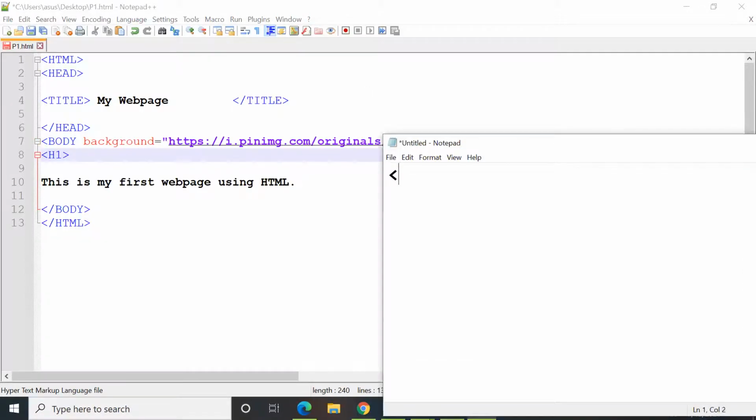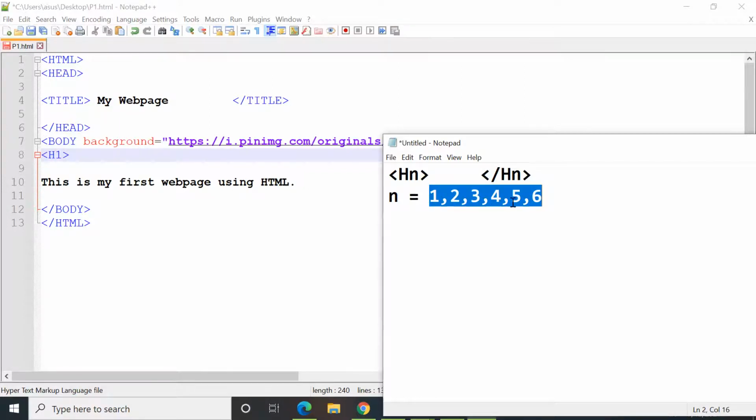This HN tag is used for creating a headline. Here n equals 1, 2, 3, 4, 5, and 6, meaning n can take any of these values. So there are 6 types of heading in HTML: H1, H2, H3, H4, H5, and H6.